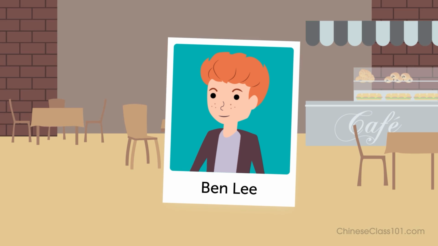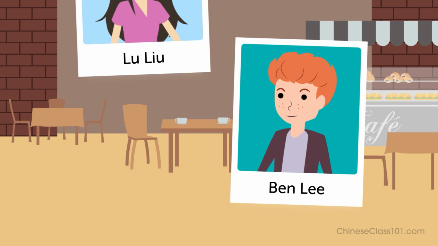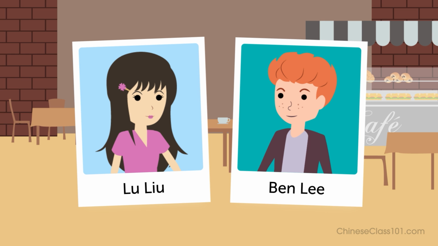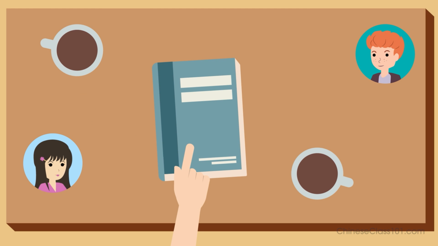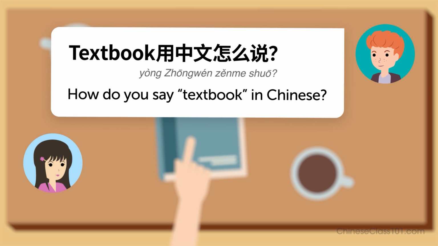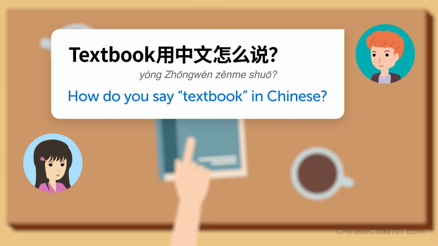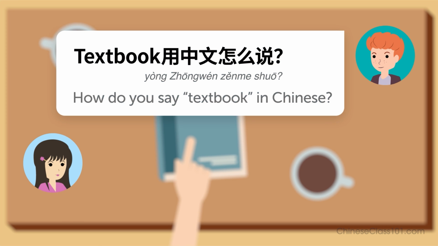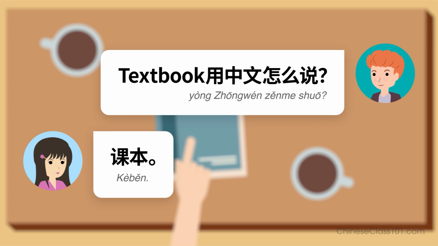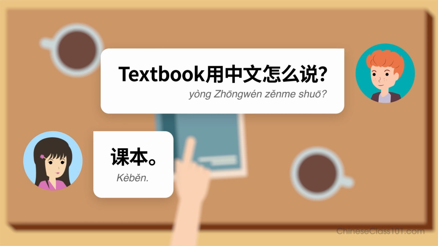In this lesson, you will learn how to ask what a word is in Chinese. This is Ben Li, and he's at a cafe doing a language exchange with his classmate, Lu Liu. It's the Chinese portion of their language exchange, and he points at the textbook and asks, "How do you say textbook in Chinese?" Textbook 用中文怎么说? Listen to the conversation and focus on the question. Ready? Textbook 用中文怎么说? 课本